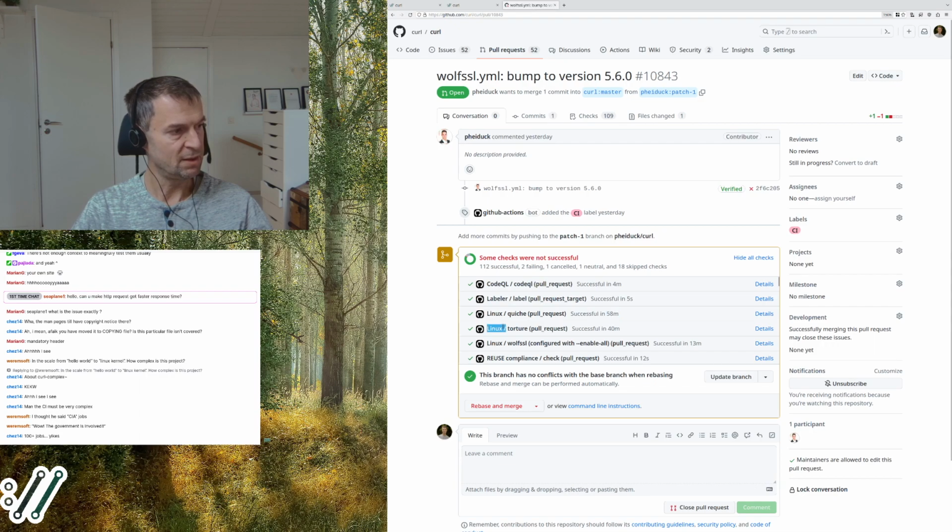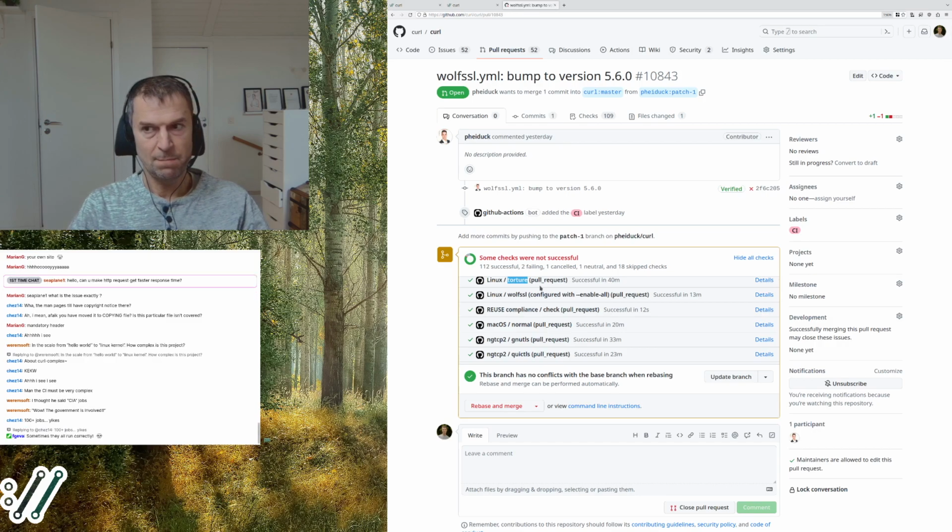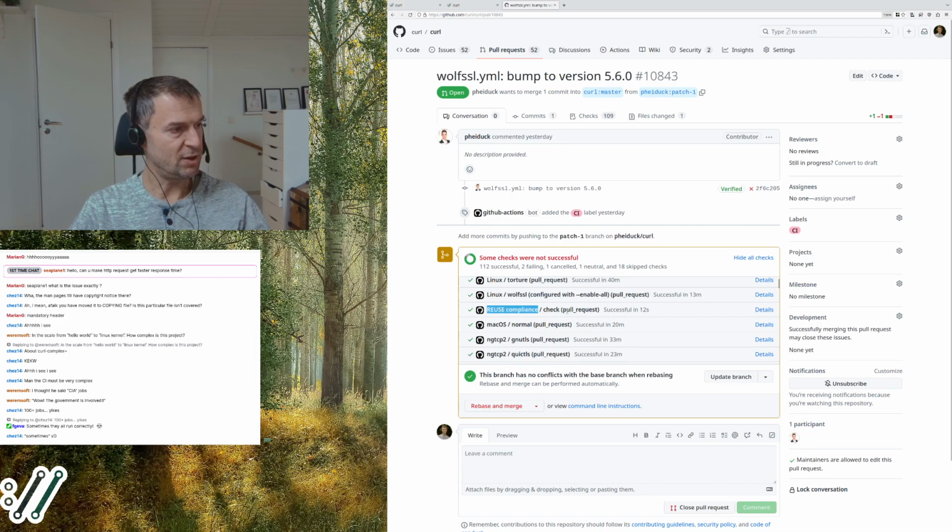Then it builds on Linux and runs torture tests, torture tests being a way to insert errors everywhere, for all fallible system functions that we can instrument. Then it builds with wolfSSL and runs all. And then here's the reuse compliant check.